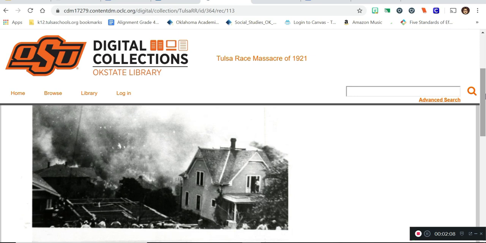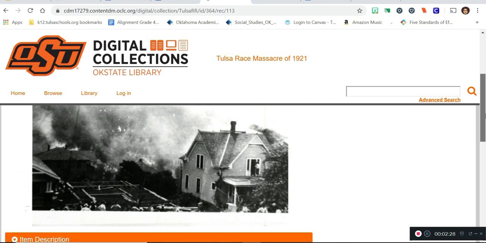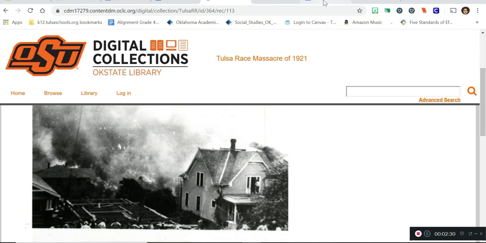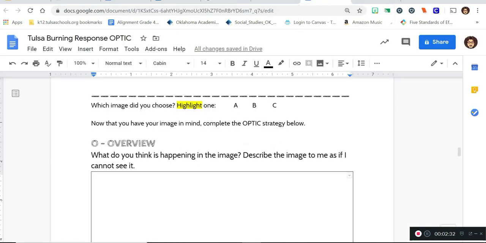I know this image is from the Tulsa Race Massacre, so it must have been in what was considered the colored part of town, so it's in the Greenwood district. I can't really tell the race of the person going in, but these people down here look to be white community members. So in my overview, I'm just going to type,